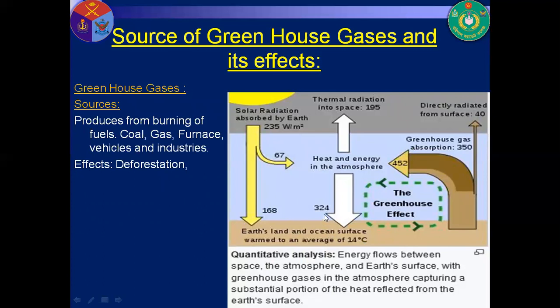The ray which comes from the sun has lower wavelength and contains higher energy. It can pass through glass and be absorbed by the vegetables, plants, and substances inside the glass. But when it radiates back, it has higher wavelength and lower energy, so it cannot pass out, and in this way it increases the temperature. Global warming increases, and temperature also increases. Suppose the average of 14 degrees centigrade increases, so it must be reduced for our safety and for living beings on the earth.